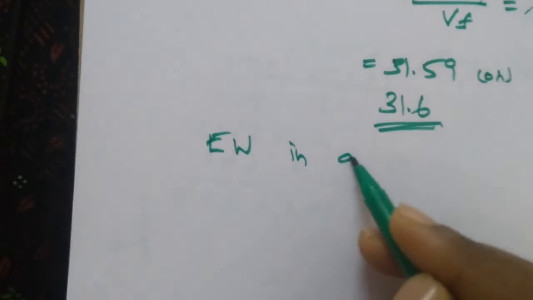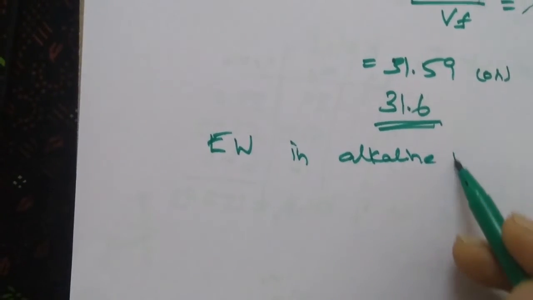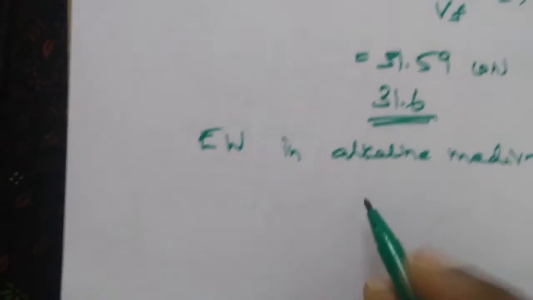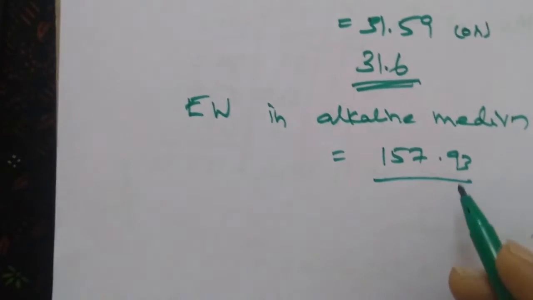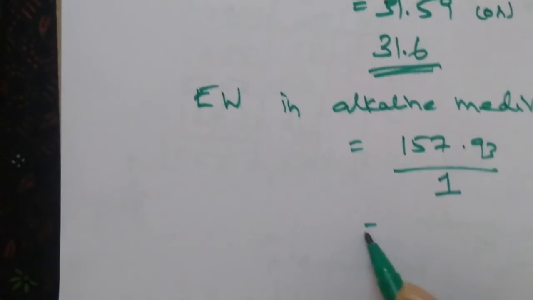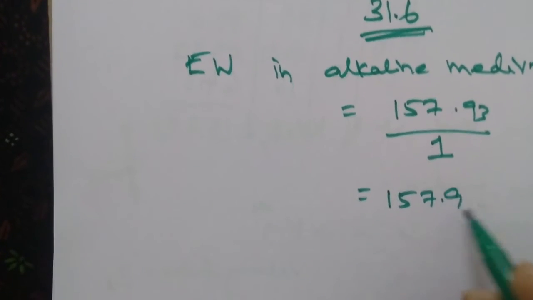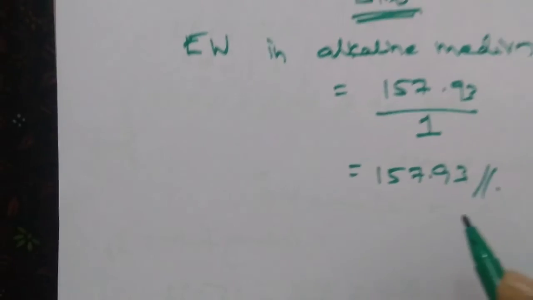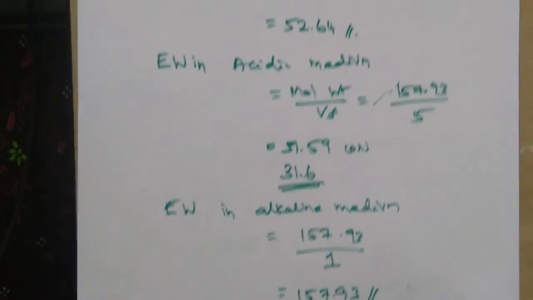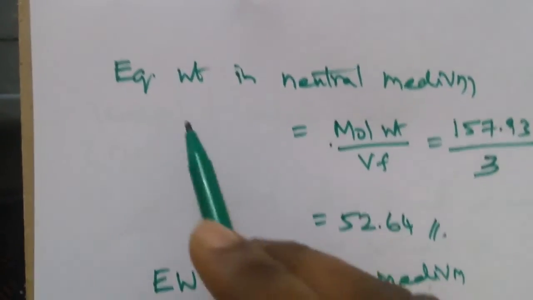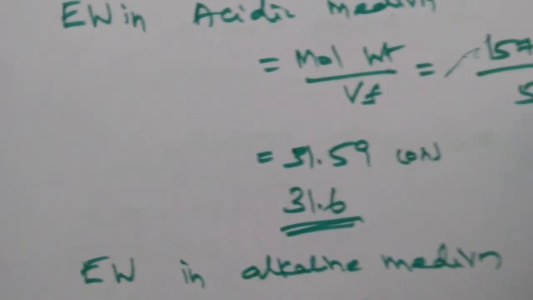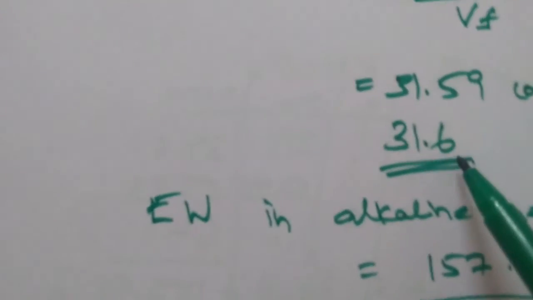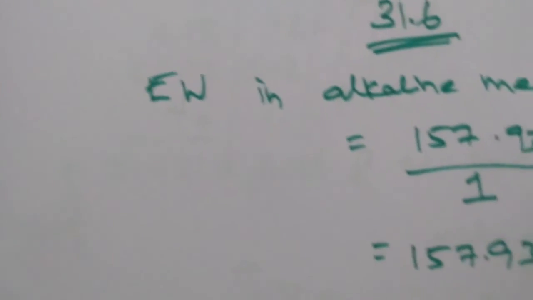Next, equivalent weight in alkaline medium. We have determined already the valency factor. It is 1. So equivalent weight in alkaline medium is 157.93, molecular weight divided by valency factor 1. So what we get is 157.93 as the equivalent weight of potassium permanganate in alkaline medium. So in neutral medium, dividing by 3, we got 52.64. In acidic medium, dividing by 5, we got 31.6. In alkaline medium, dividing by 1, we got